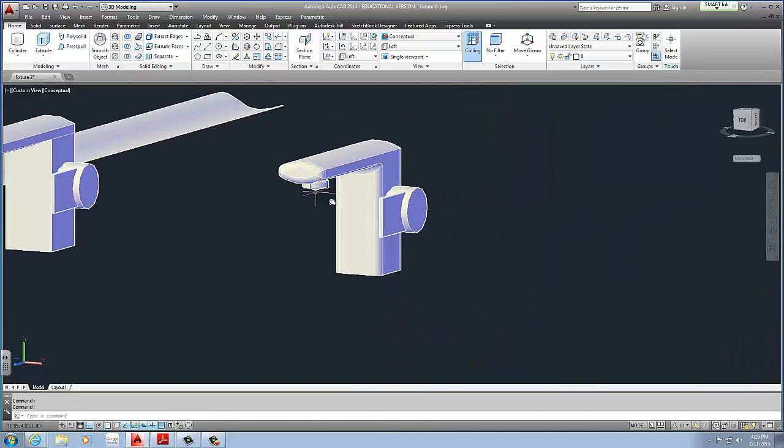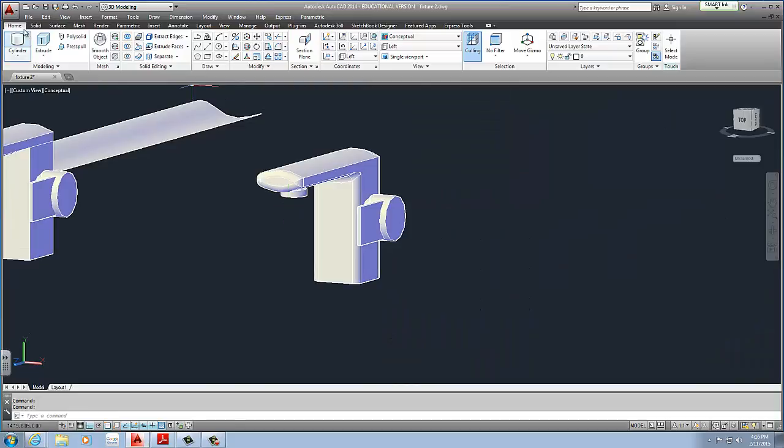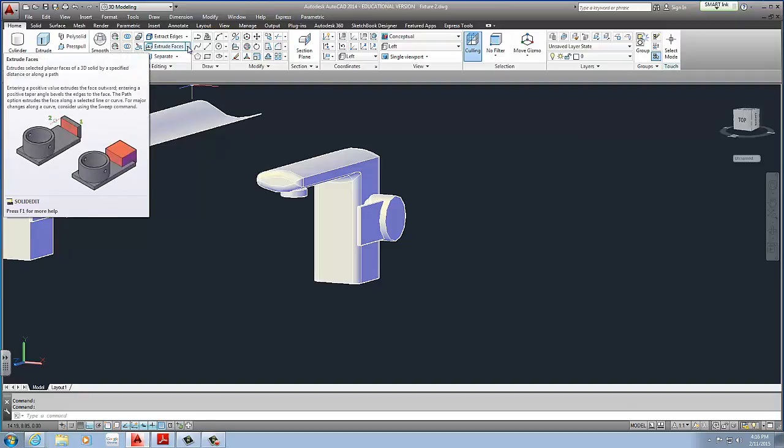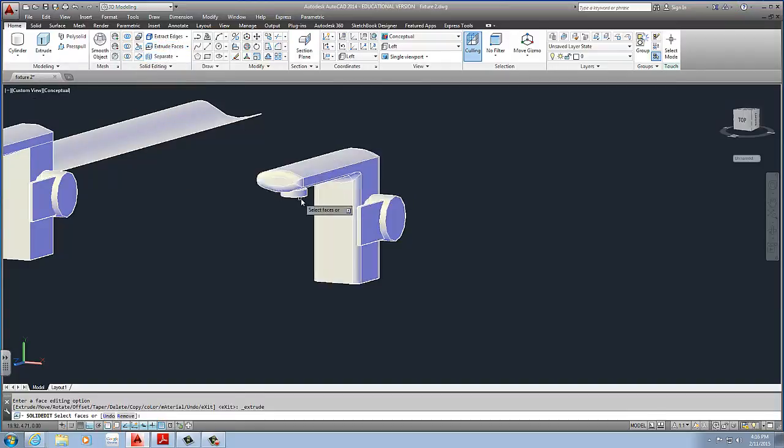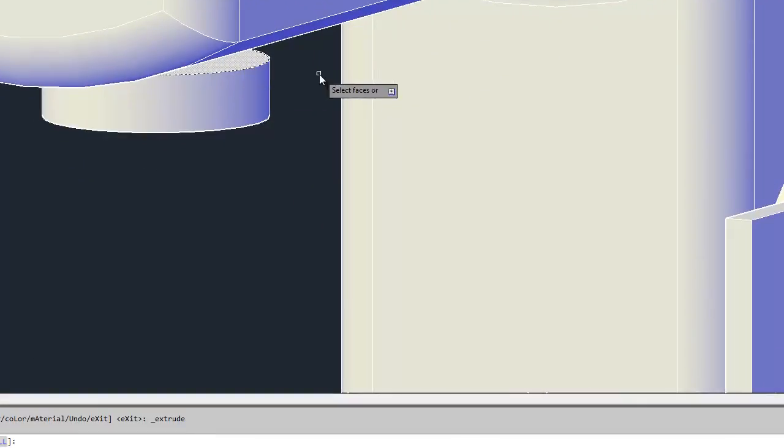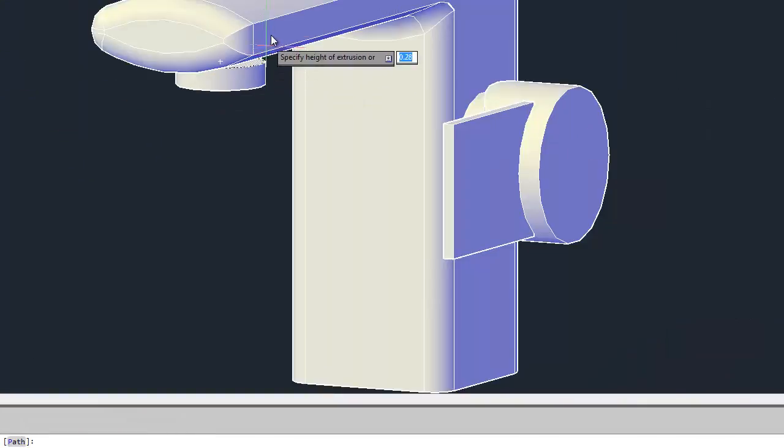To use the extrude faces, what you need to do is go back into your home tab. There is an option next to slice. It's usually extrude faces. If you used a different option before, it might have those setups as well active. So hit that arrow, make sure you have extrude faces. You select the top of the aerator, and we're extruding it up